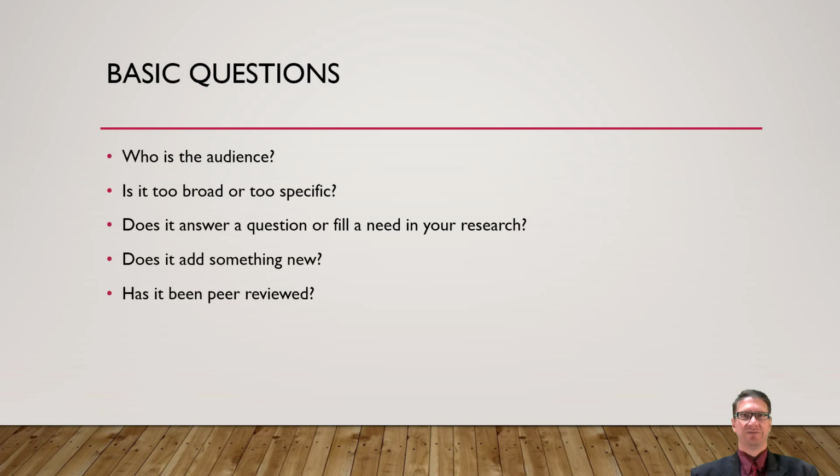Who was the writer thinking of when they actually wrote this piece? As has been said, text without a context can be a pretext for anything. It actually matters who the author was thinking of when they wrote this publication. What is the breadth of the work? Does it actually fit the kind of problems that you're interested in? Is it too specific? It only deals with a very tiny point within the world. Does it answer a question that you have? Give you a way to find a solution to a problem that you have? Or does it fill a need in your research?